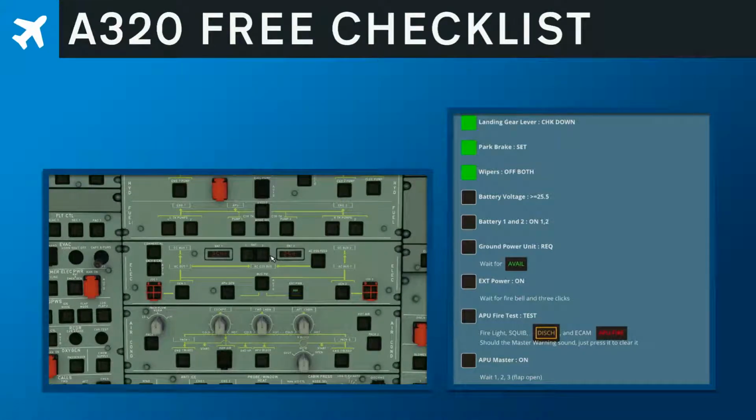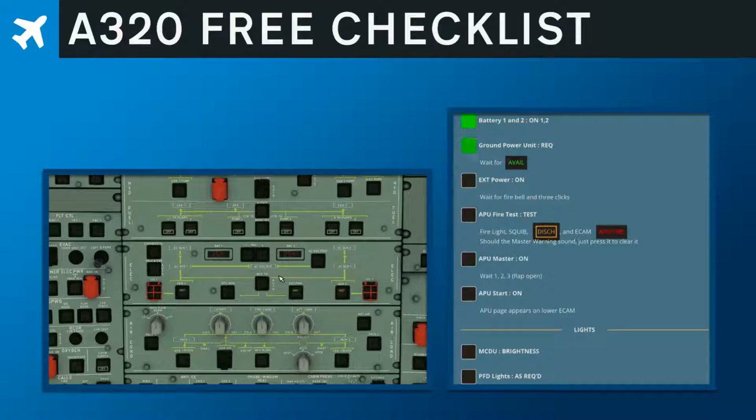I'm never sure if that's exactly right. So what we can do is set batteries 1 and 2 as on, and we can request the ground power unit, but it is actually available now. So we can switch over to external power. So we now have external power,